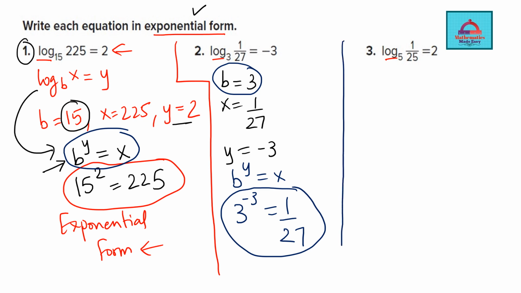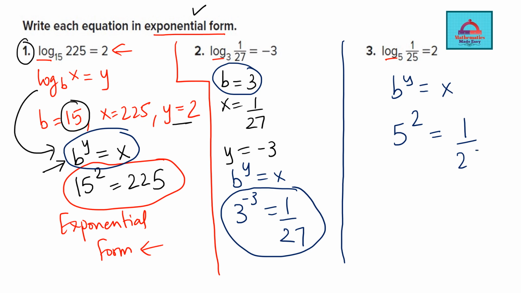Now I'm going to go fast and we will do this in a very quicker way, quicker solutions. So b to the power y equal to x, this is your exponential form. Value of b, which is your base, is 5. Value of y, which is the number here, is 2. So 5 to the power 2. That is going to give you the value which is here. So 1 over